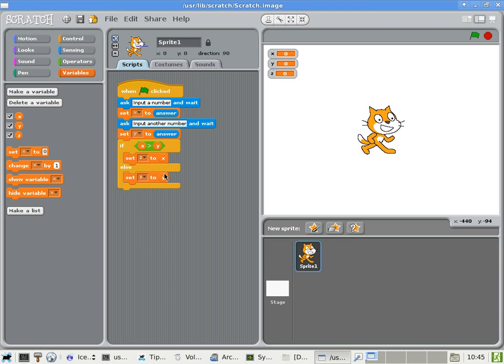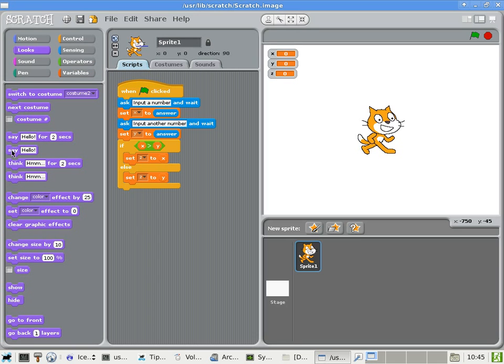When this is all done, z would have the maximum, and I can ask the sprite to reflect the answer. I can use a speech bubble to reflect the answer. And the way to do it is to go to looks again, and we can say something for whatever long. We can specify 10 seconds here so it doesn't go away too quickly. And whatever I want to say is not hello. I wanted to say a certain